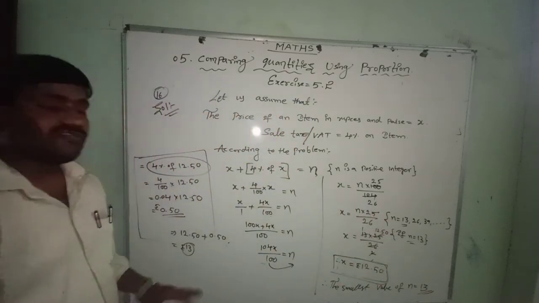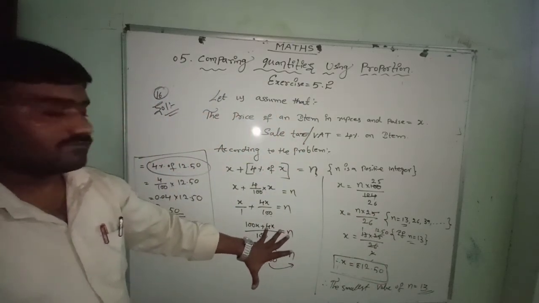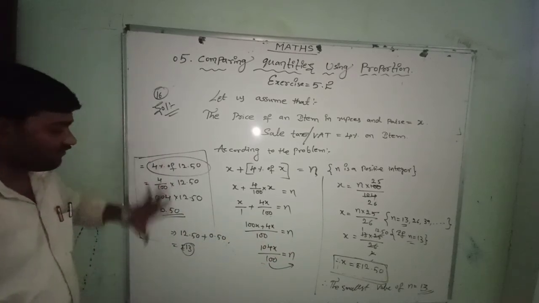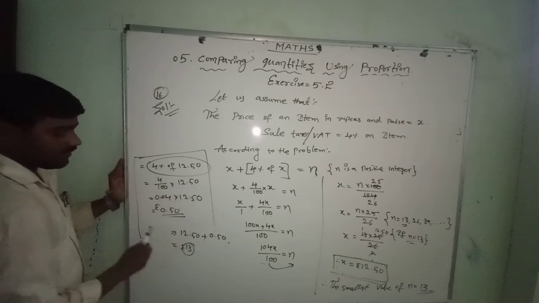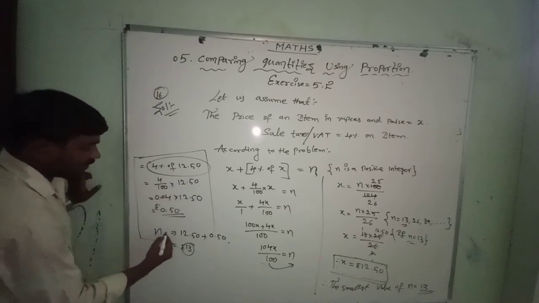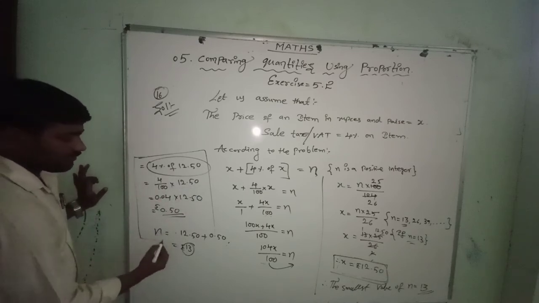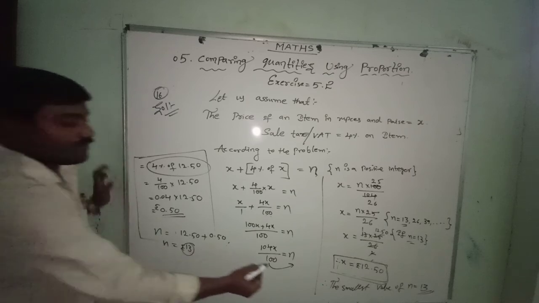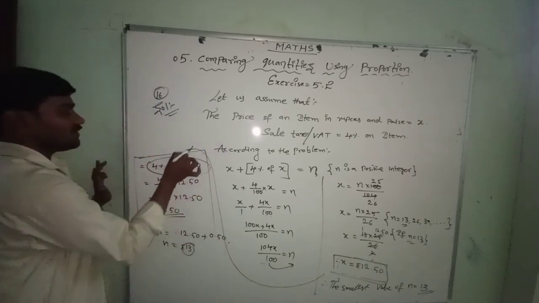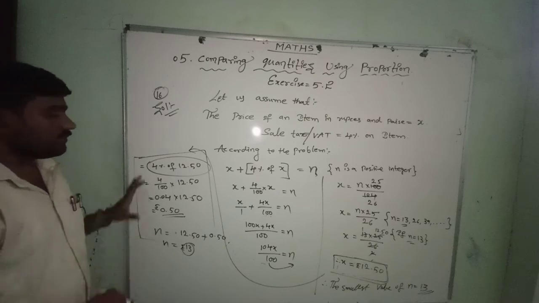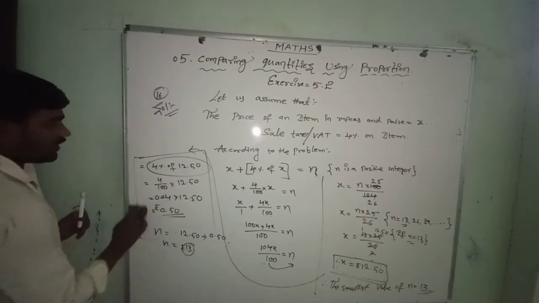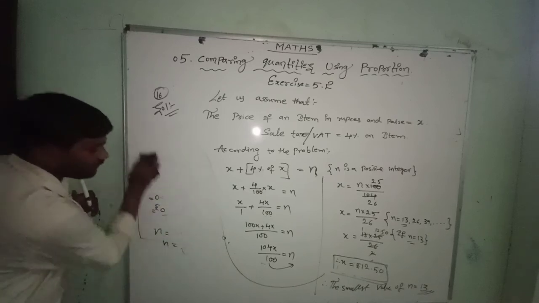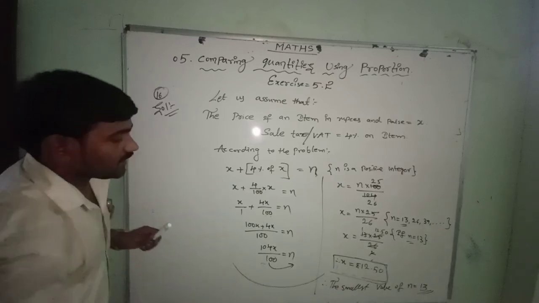So the smallest value of n we will take as 13. This also you have to write in rough work, after this step you maintain this. The smallest value n equal to 13 you can write there. You continue here. This answer has to be continued. Simple, 4% of that. If this is confusing, let me write once again here.